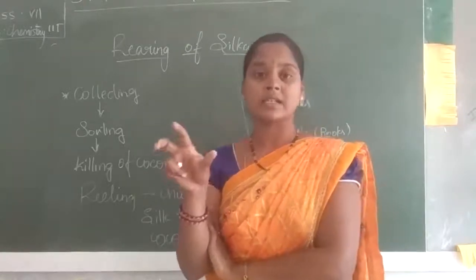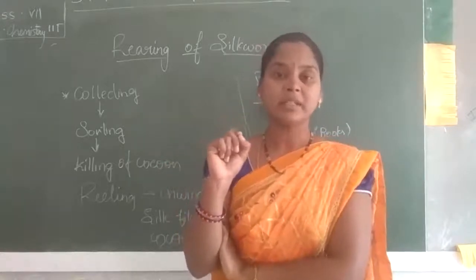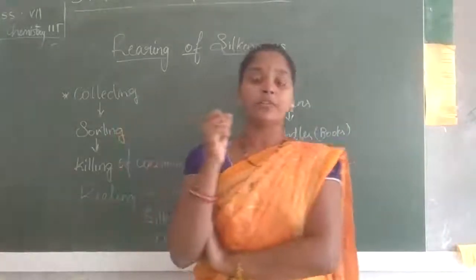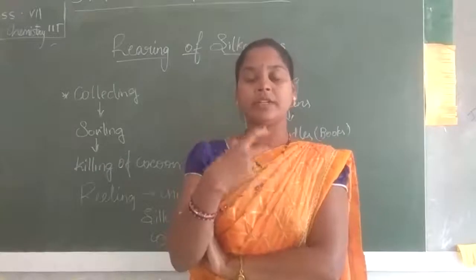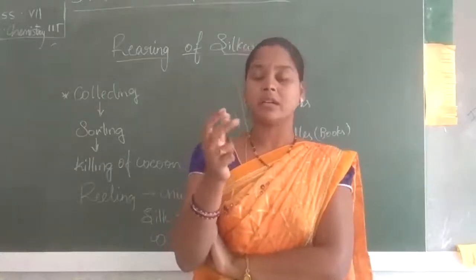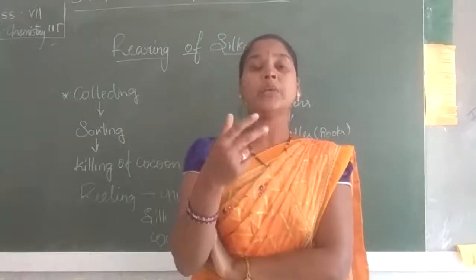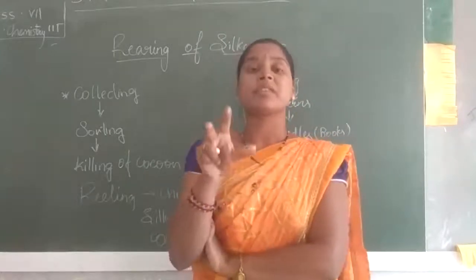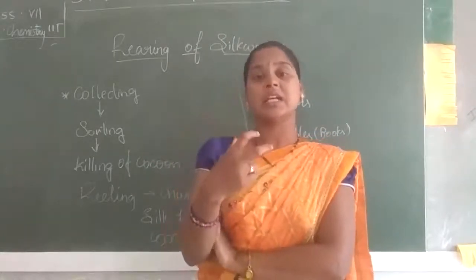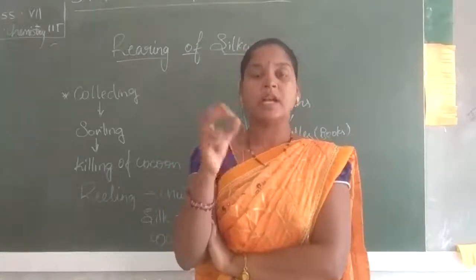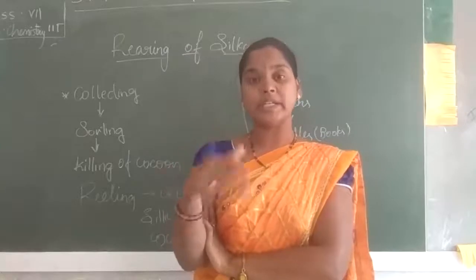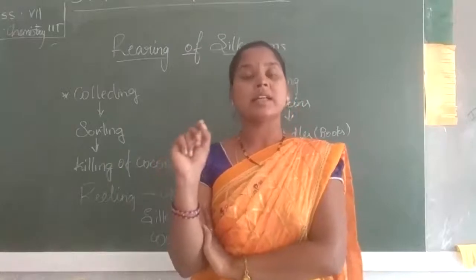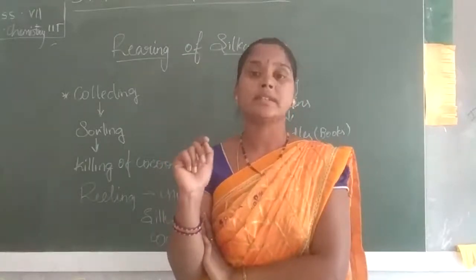Okay. Once the eggs start to hatch, they start eating mulberry leaves. So here, collecting the eggs, keeping them at a suitable temperature on white cloth or papers in strands. They hatch. After hatching, they are fed with mulberry leaves, and once they start eating mulberry leaves, they go on eating for 3 to 4 weeks. Then afterwards, it stops eating, settles, takes a place and starts spinning a cocoon around itself.